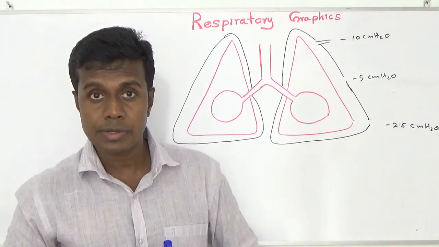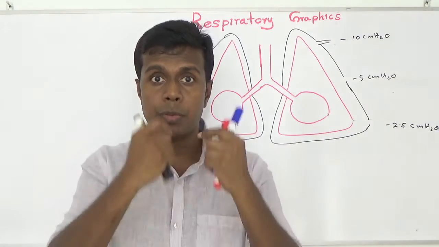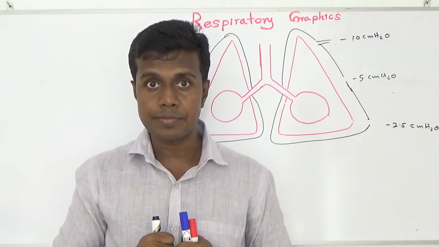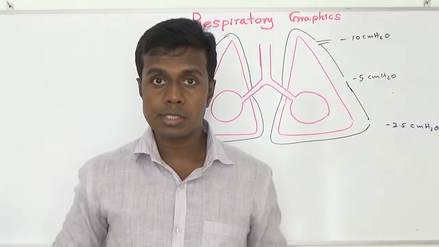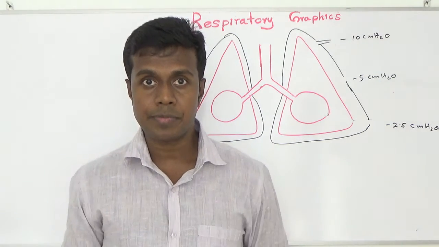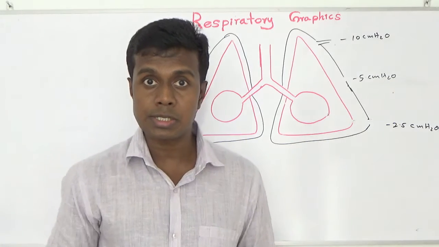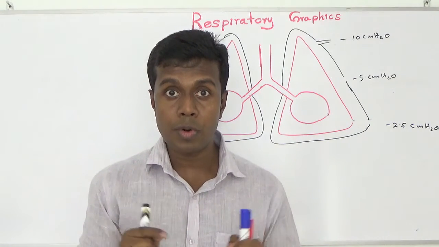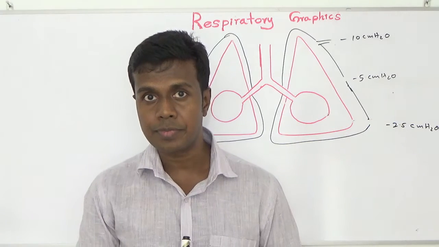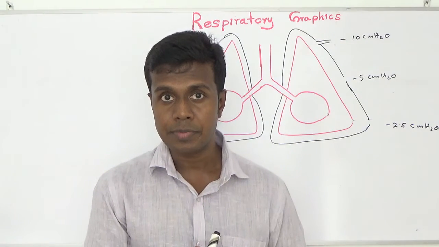Now I am going to take a breath. When I want to take a breath, my pre-Bötzinger complex fires and sends the impulse through my intercostal nerve and asks the chest cavity to increase the AP diameter and lateral diameter, and asks the diaphragm to increase the vertical diameter. In that way, I create more negative pressure in my pleural cavity.